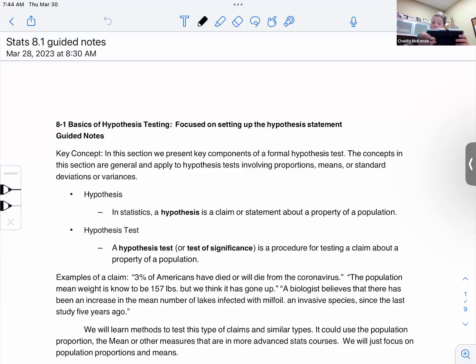So for this lesson, we are going to cover 8.1, and we're going to start to look at a hypothesis test. So we've been doing confidence intervals. So we're looking at that sample of our population, and we're like, well, how confident are we that everybody's around this mean? That's one of our point estimates, or around this percent or proportion, this many out of this many. So those were like our middle, and then we had an error out, and we could say, all right, based on the sample,